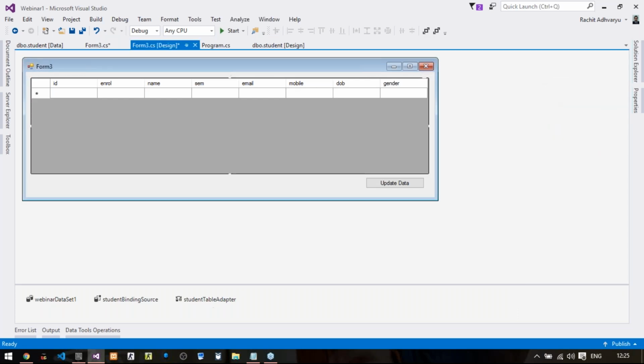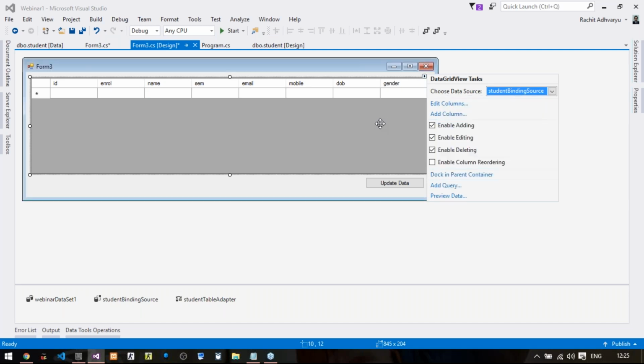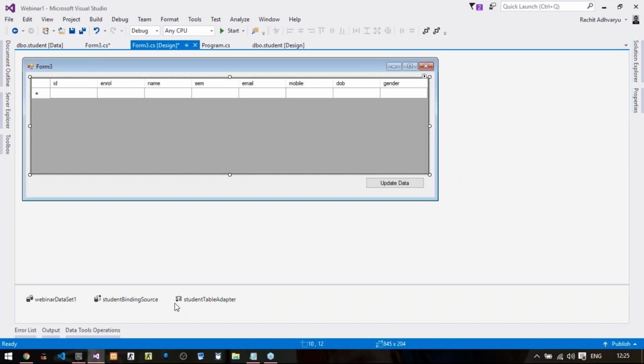And the last one is the student table adapter. That means this is a backend table adapter that has been generated automatically by this control. So whenever you are using this control, automatically these 3 will be generated once you establish this particular part. That means Add Project Data Source, and you follow and complete all these steps properly. So we are going to use these 3 options for this control also. So what we'll do, double click on this button and it will create a button click event.